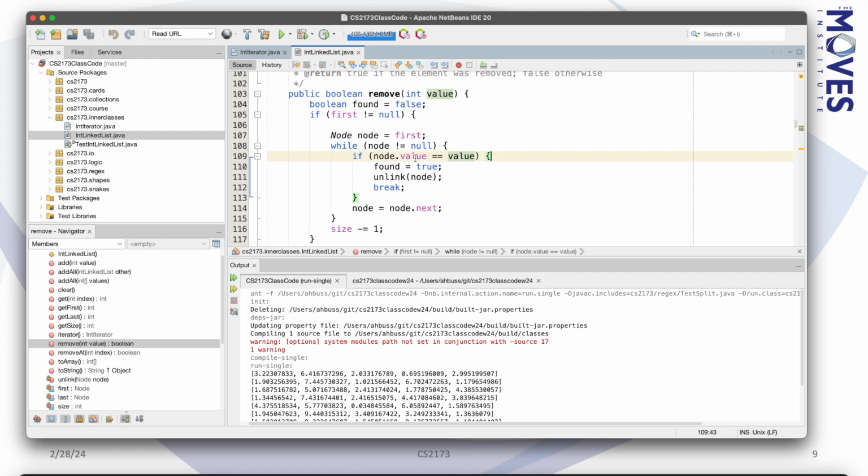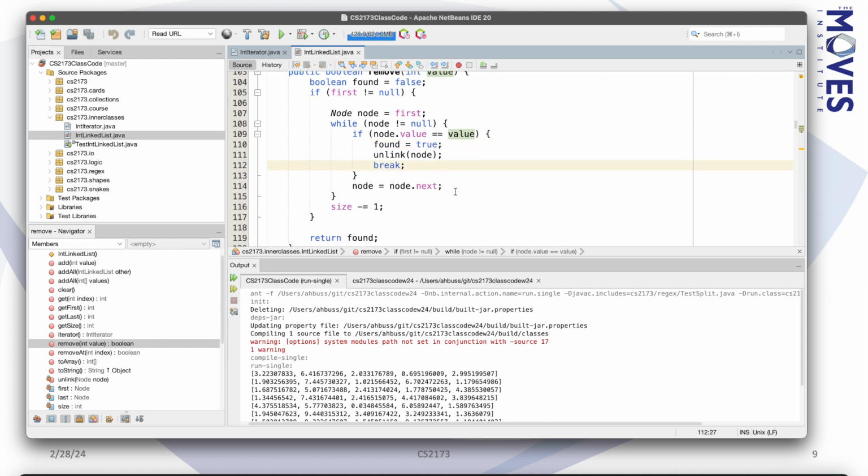But if I found it, then, remember I'm removing it, I'm going to say found is true and break. Remember, break breaks you out of whatever loop you're in. And then once I break out,